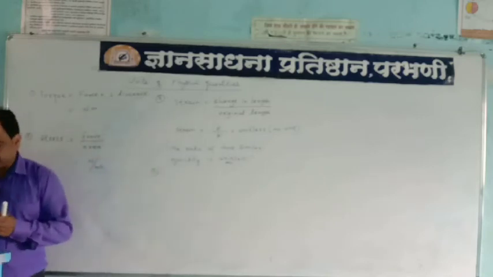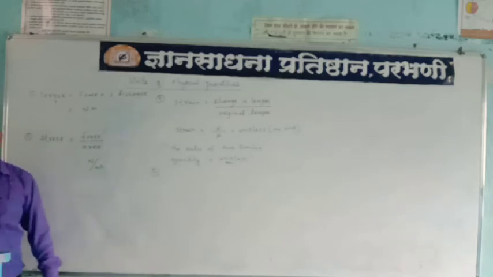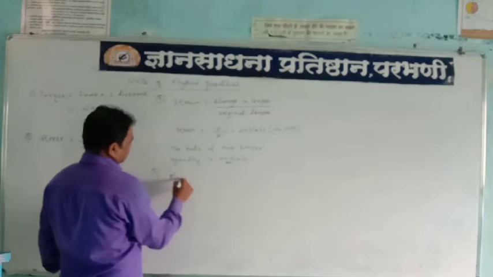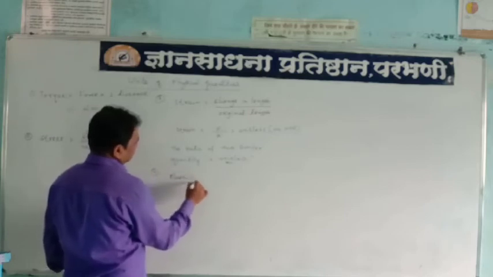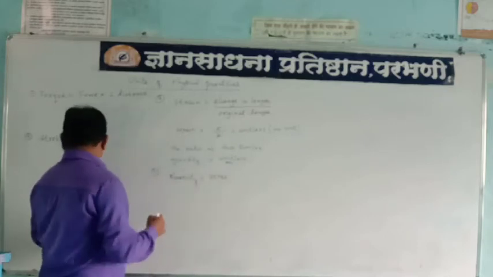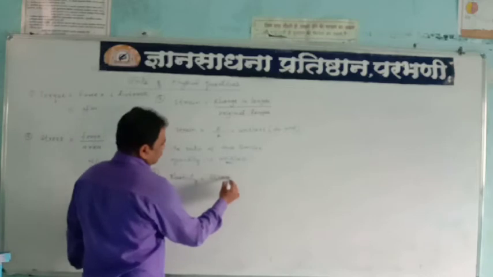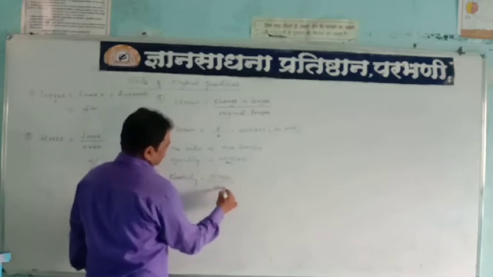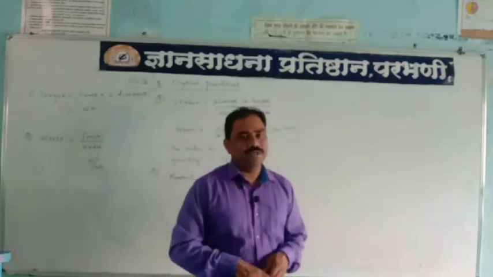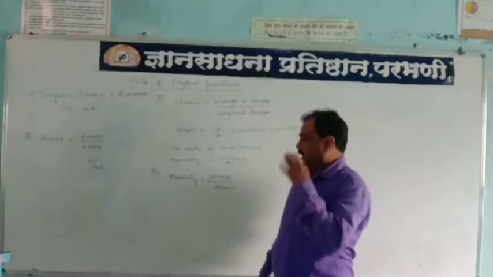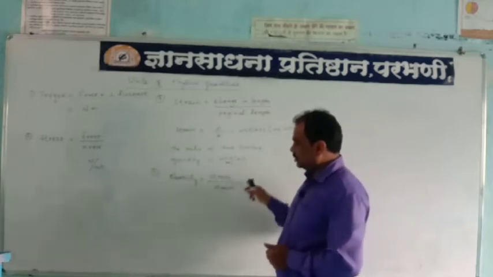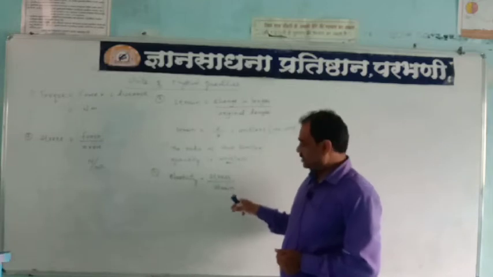Now stress, strain, after that elasticity. The formula, first of all, we can show: elasticity is stress upon strain. So this is the ratio of elasticity. So actually elasticity, that is the property, and it has a formula. Suppose we want to calculate elasticity, then we can take the ratio of these two physical quantities, one is stress, another is strain,